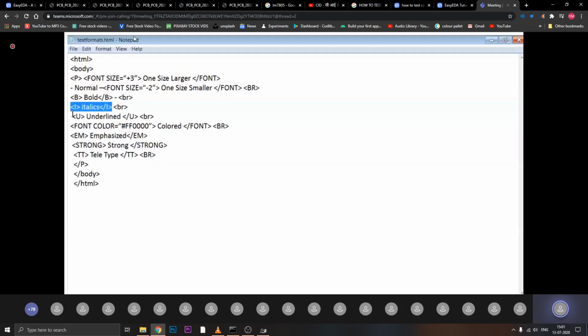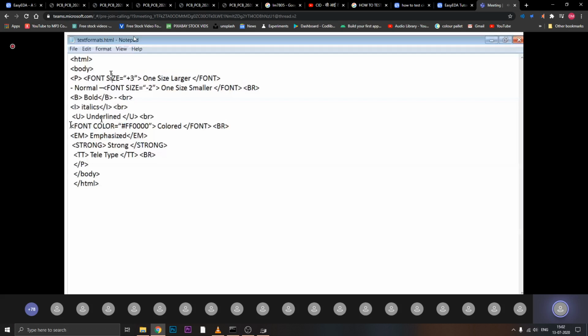And as I already told, with the help of font, you can add the color and the size. The syntax is the tag name, then the property name equal to, within double quotes, the property value. Here the property name is color. Here the property name is size. According to the size, we have written the property value +3.